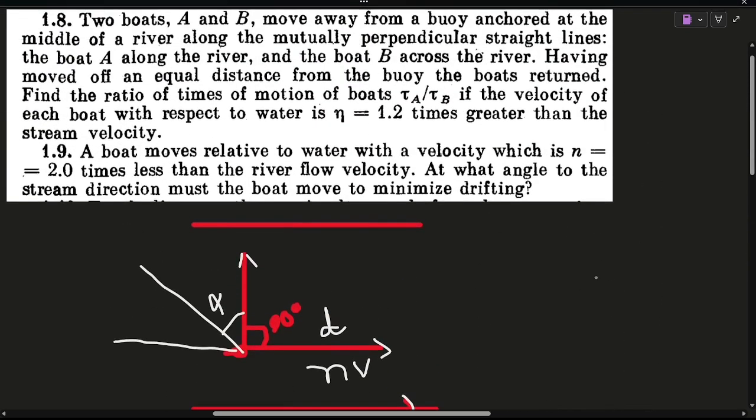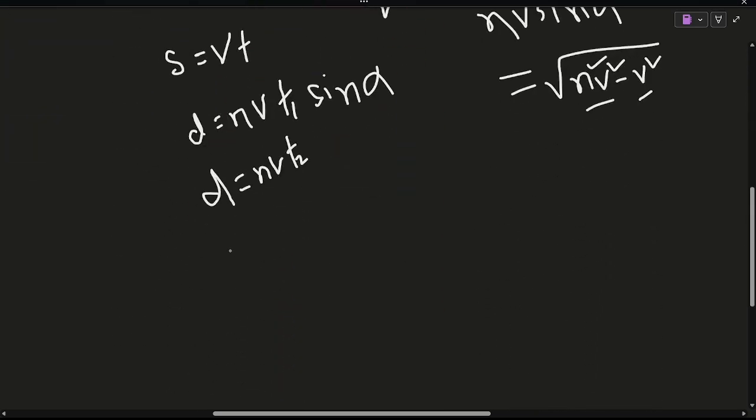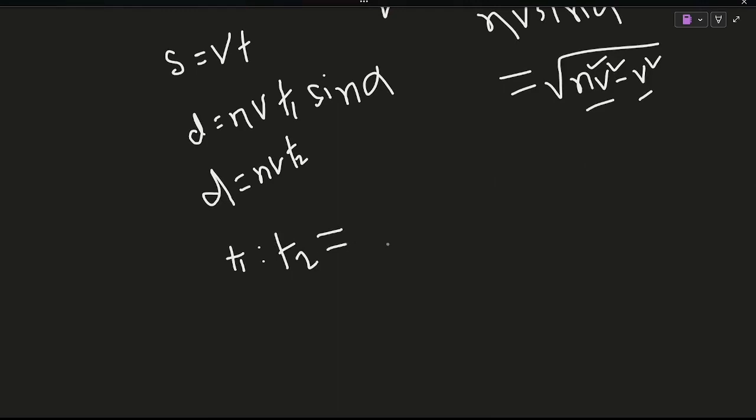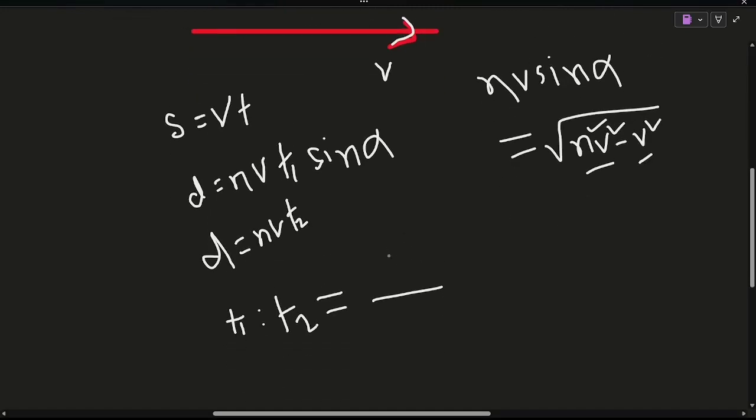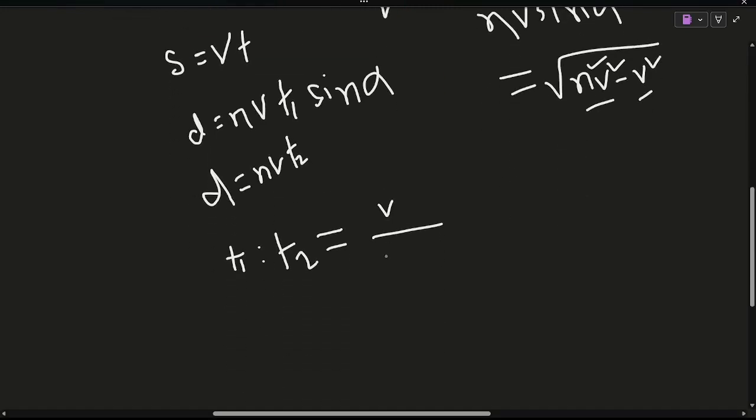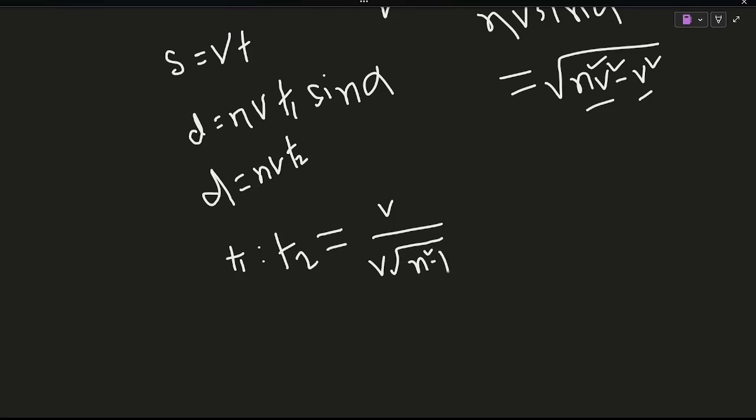If you take the ratio of them, we'll find t1 by t2 will be v into n square minus 1. This will be removed, and thus we can write